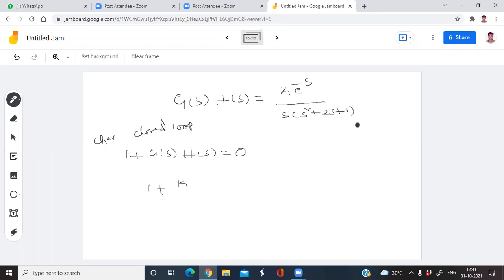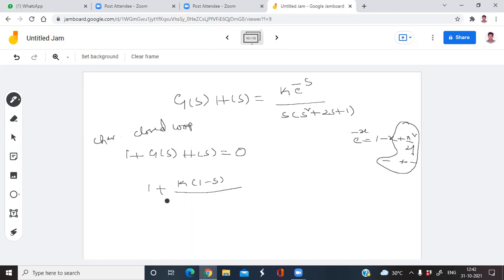Don't confuse here. From the binomial expansion, e power minus x is equal to 1 minus x plus x square by 2 factorial minus, and so on. So I want to consider only small values. Only for small values, e power minus x equals 1 minus x. That you have to know. Otherwise, whenever the question is like this in the external examination, definitely you will have confusion.